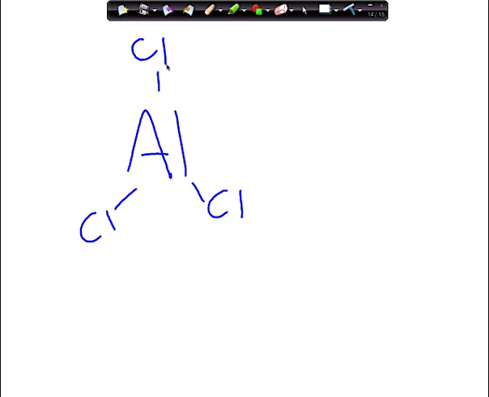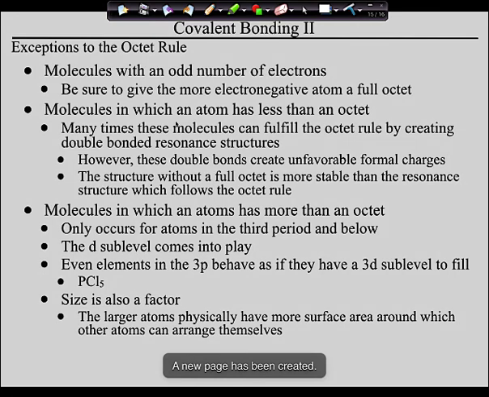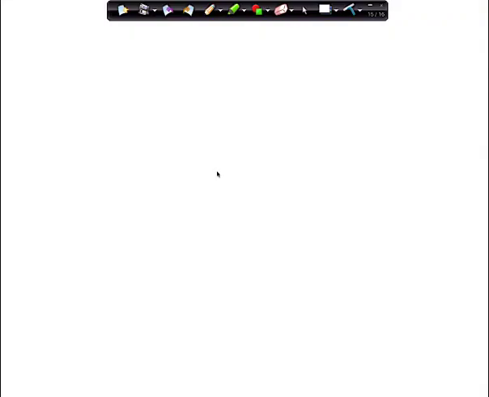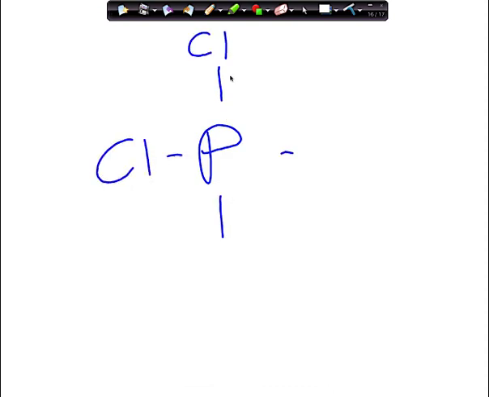Guys, we're also then, and this is fun, going to talk about molecules that have more than an octet. For example, we are going to talk about something like PCl5. It's called phosphorus pentachloride, and it actually looks like this. You end up with a 5th chlorine hanging off this thing, giving phosphorus 10 valence electrons, and it forms a structure which we call trigonal bipyramidal. And we're going to talk about that next time in class.